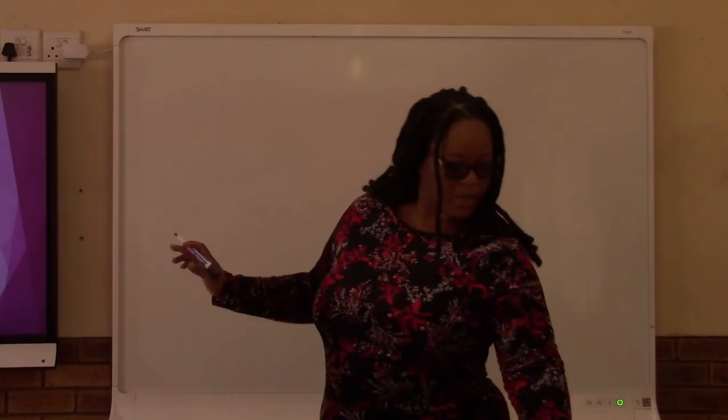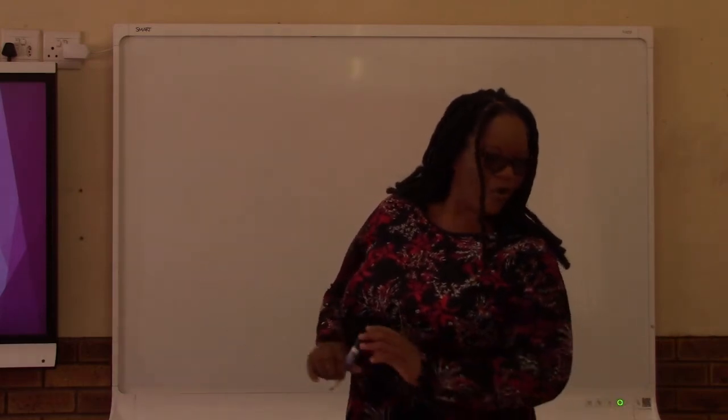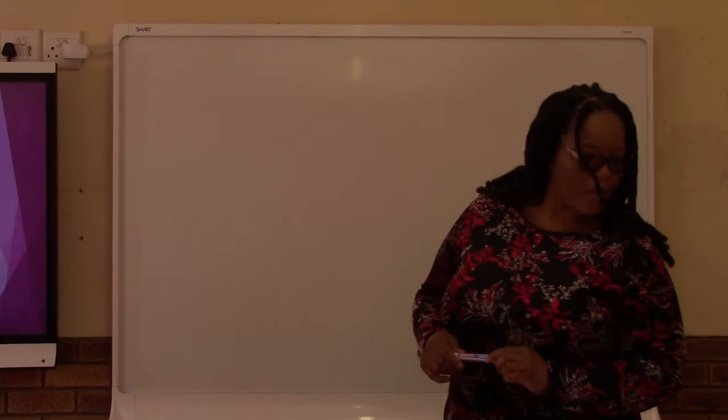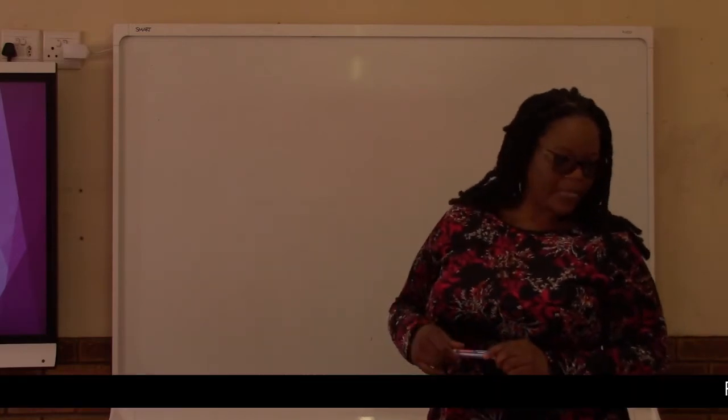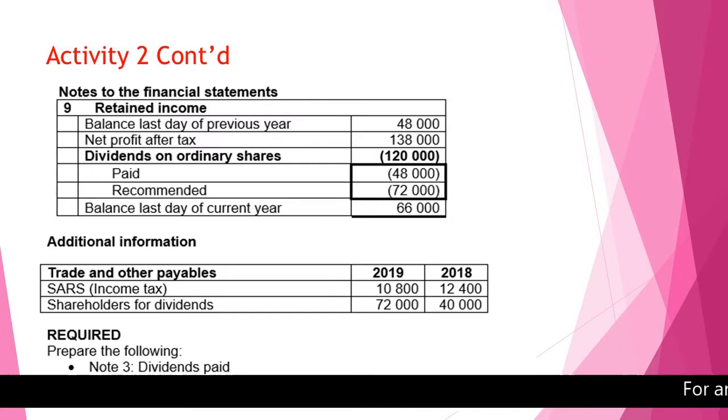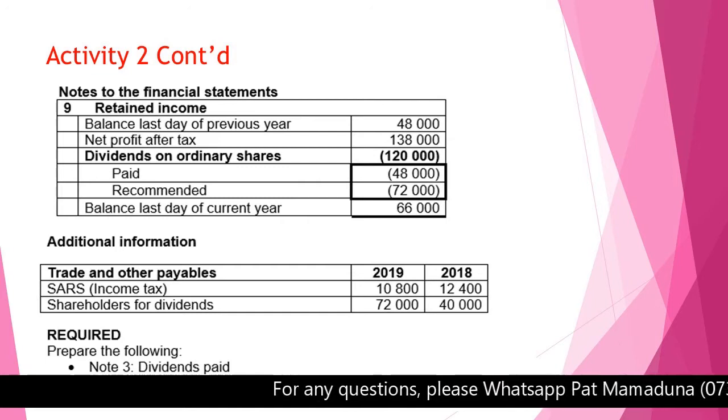But for now, we are going to keep it like that and move on to the next part where we are looking at notes to the financial statement. We have our retained income. And as you all know, our retained income will show us the dividends for the year. We have our interim, which is the paid, and our shareholders for dividends, which is the recommended at the end of the accounting period. So in our case here, we have 48,000 and 72,000, which means that the dividends for the year were